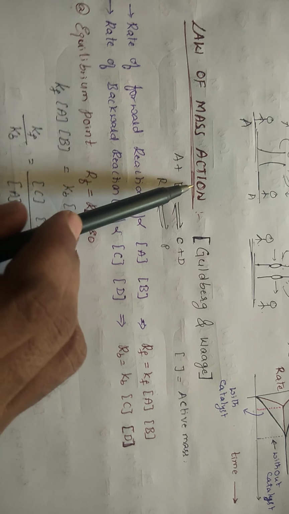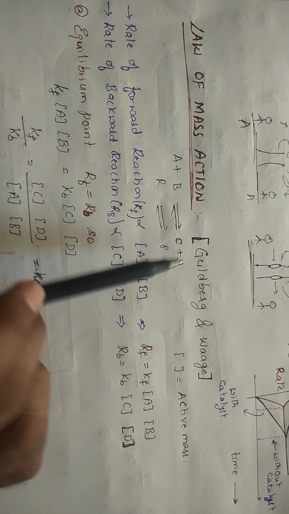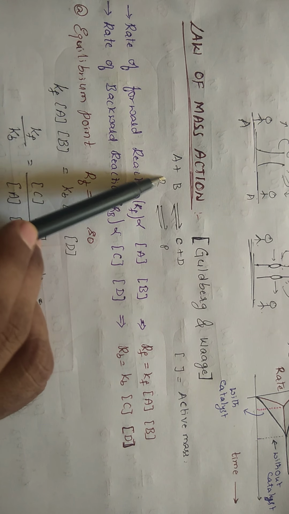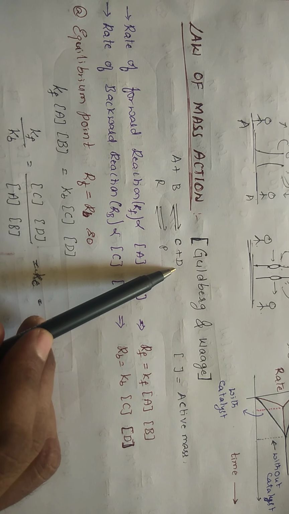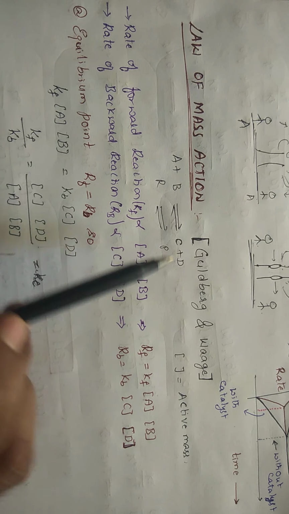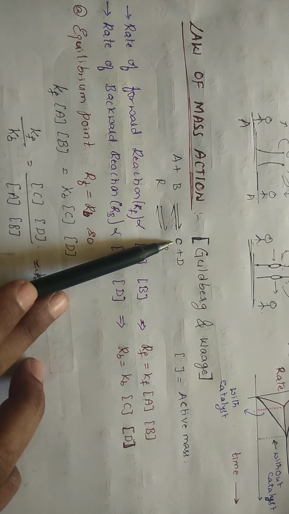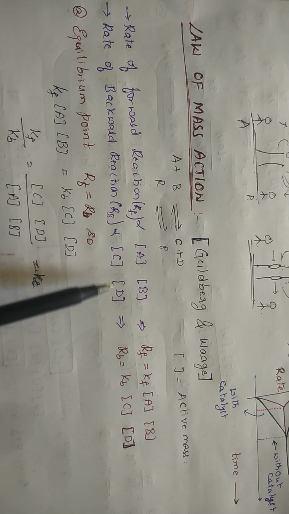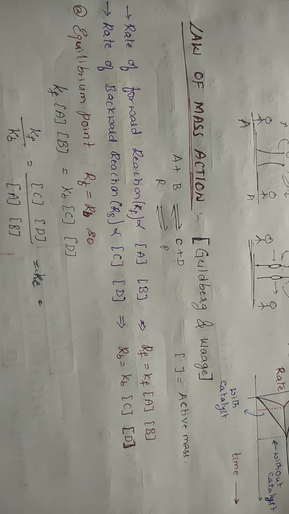Now, the concentration of the reactant depends upon the concentration of the product. Getting this? If you want the formation of the reactant, how much is formed depends upon how much C and D, that is the product, is present. So the rate of the backward reaction, RB, depends upon the concentration of products C and D. And this is active C; the inactive part will not be involved in the reaction.